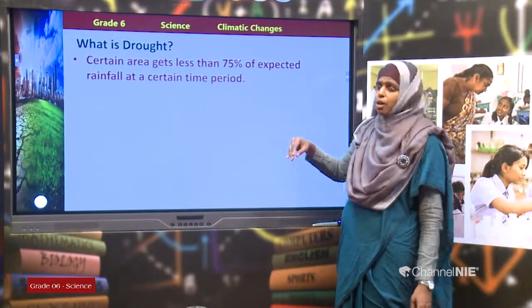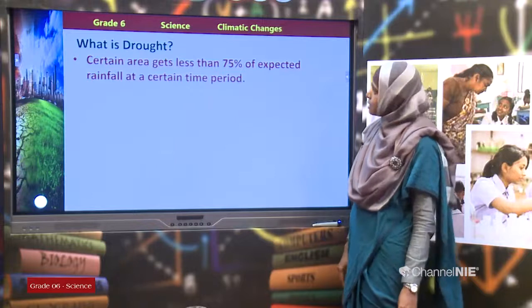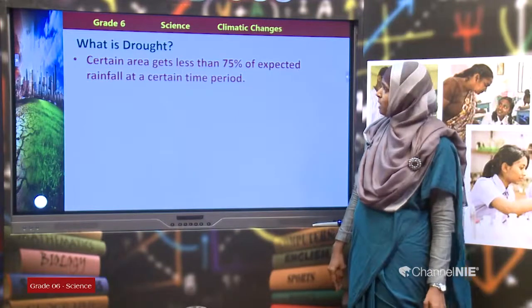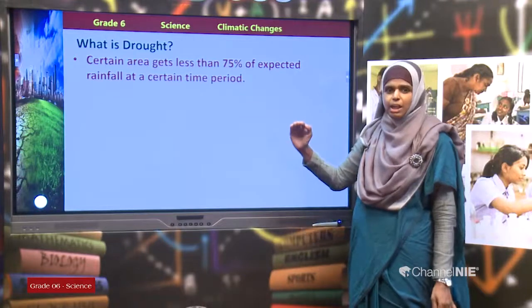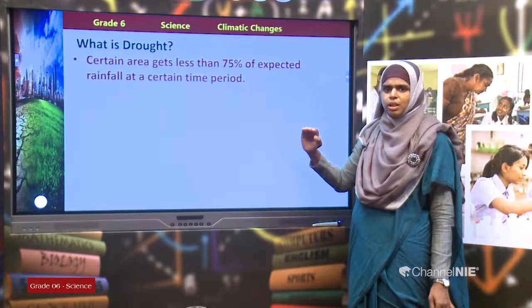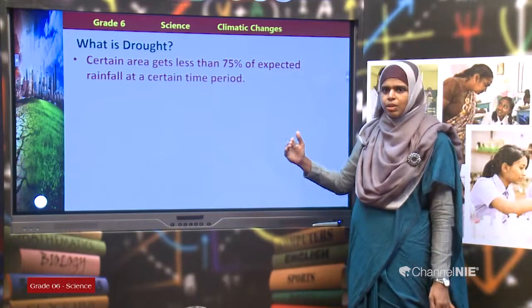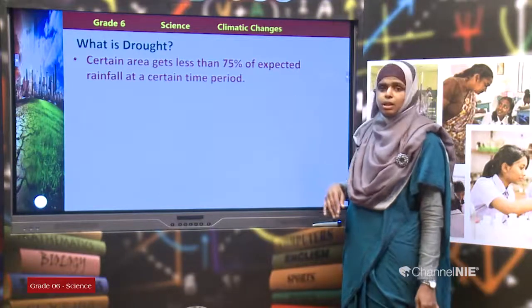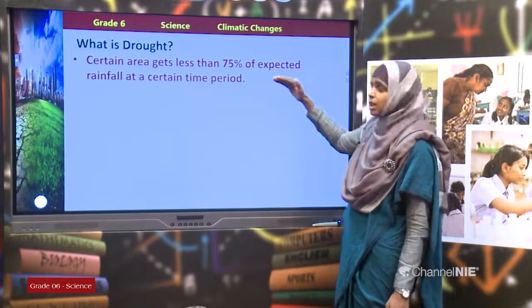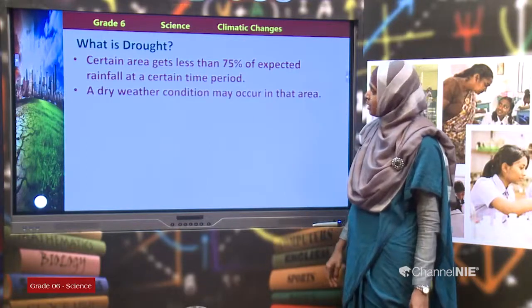There is a normal rainfall that we would expect in different areas during different months. Whenever this rainfall changes and is less than 75% of the expected, we call it a drought.